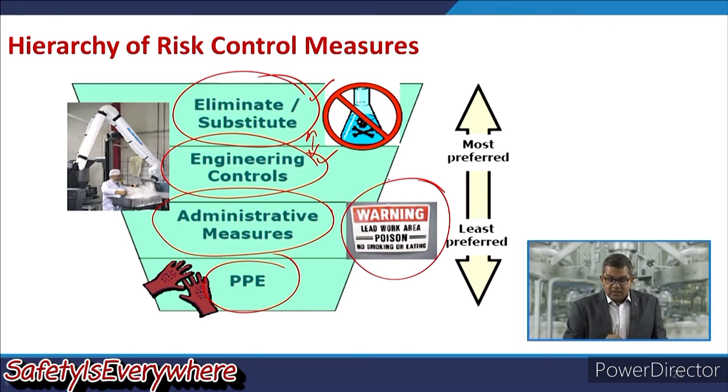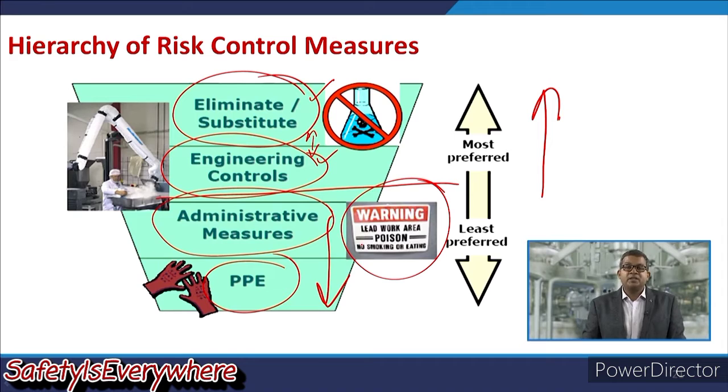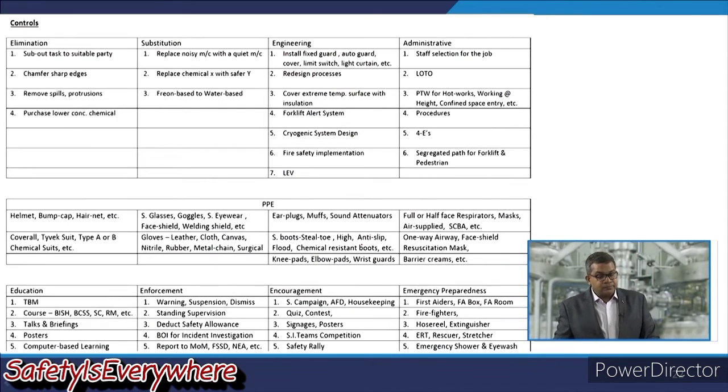You may put various types of placards at the workplace, like warning, lead work area, sometimes fire and hazards, etc. So if you go through all those aspects, you may designate the hierarchy in terms of that, like these are the most preferred ones and these are the least preferred ones. The reason is that personal protective equipment should be used as a last resort, like the display of warning placards, it is the last resort, because you are unable to eliminate, you are unable to substitute, and you are unable to manage those things through your engineering control practices.